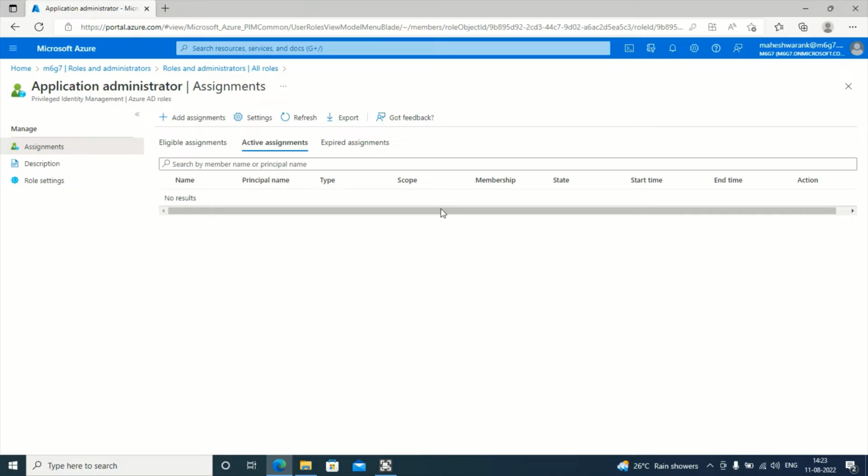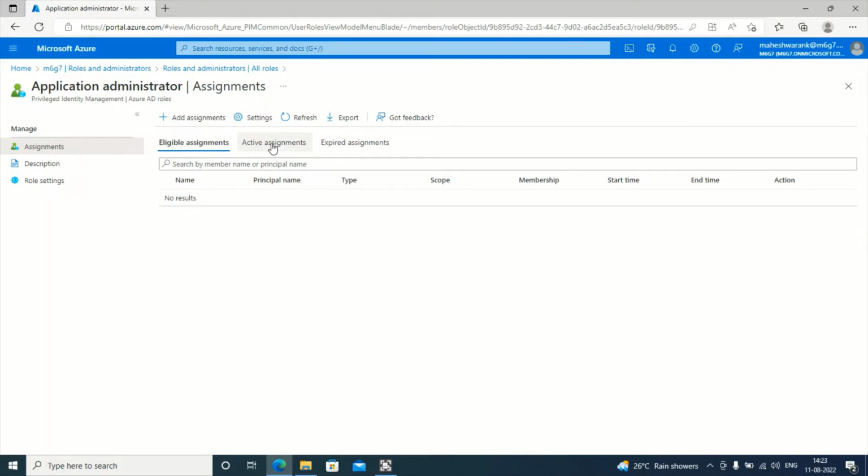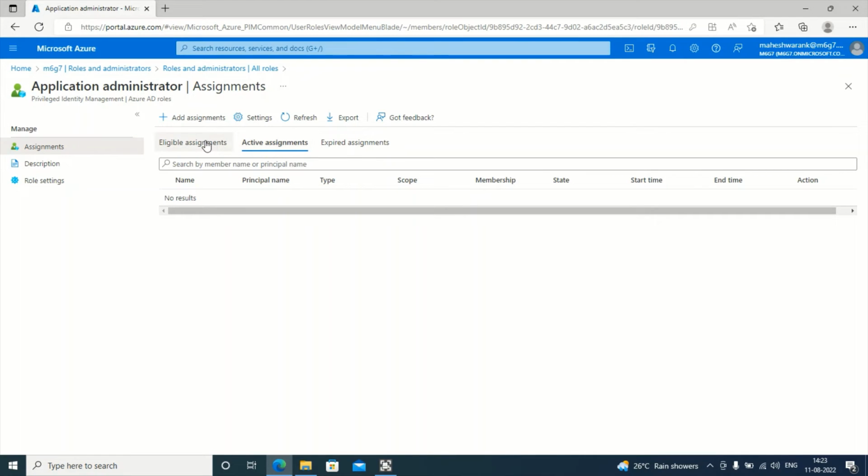So if you are not having that P2 license, you will be only seeing the active assignment. In this P1 license, you won't be having this kind of eligible assignments facility. So basically the eligible assignment facility is whenever the particular administrator, application administrator, is required to perform any action on the